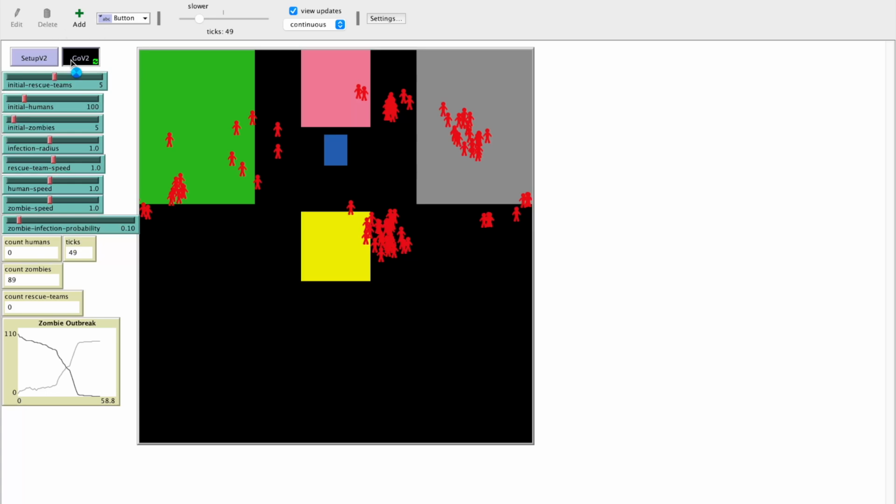Okay, so this took us around 48 ticks or so. So this was a fairly quick outcome. And you can see that this outcome was drastically different. So even just adjusting the zombie infection probability upwards by 10%, we can see that there was a fairly precipitous fall in terms of how quickly the rescue team is going to fall and turn into zombies. And then we can see that the human count effectively went to 0, and there are 89 zombies